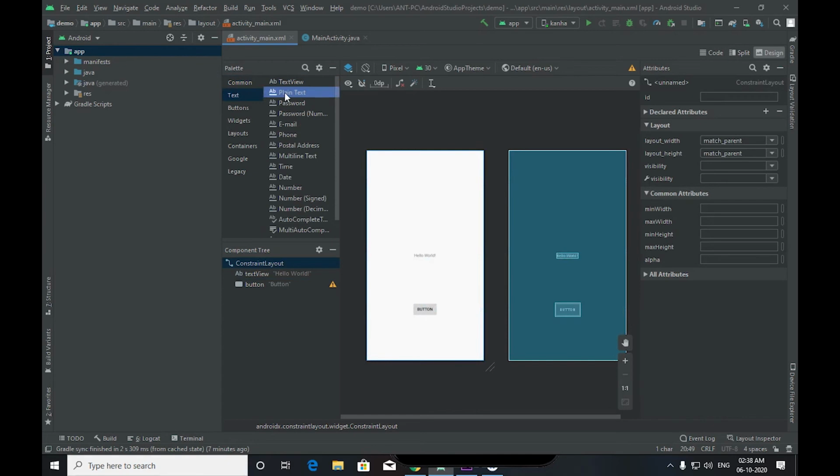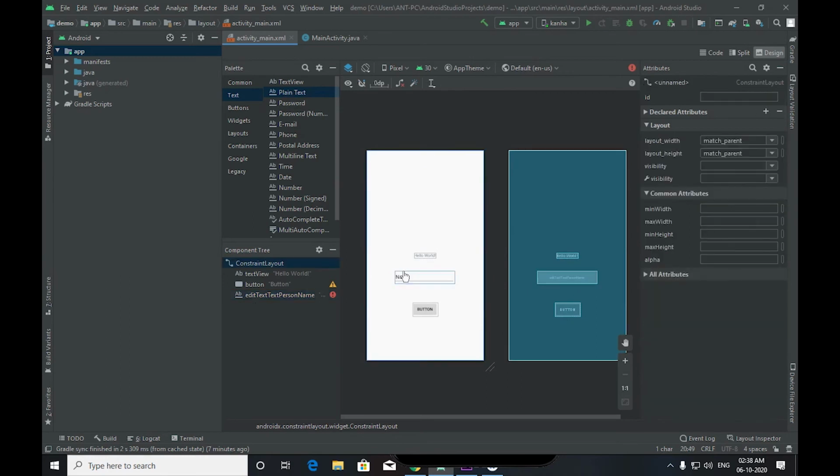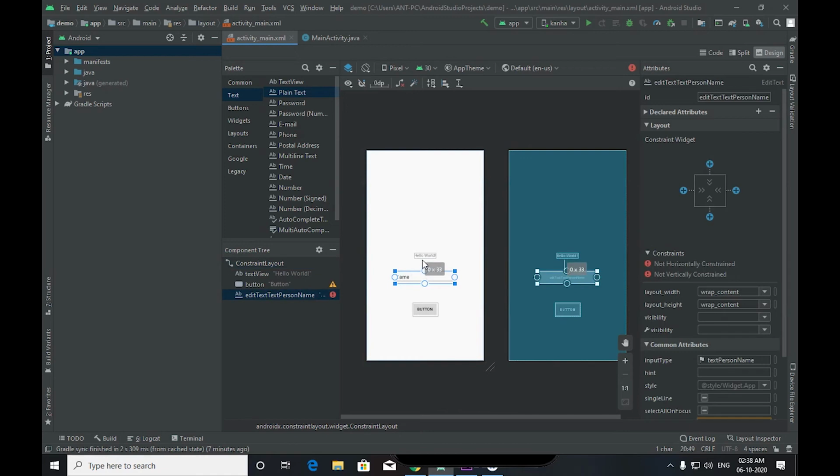We need a plain text, that means edit text. We can write anything in edit text, and also constrain the edit text as well, on the right side, on the left side. It's very tricky.